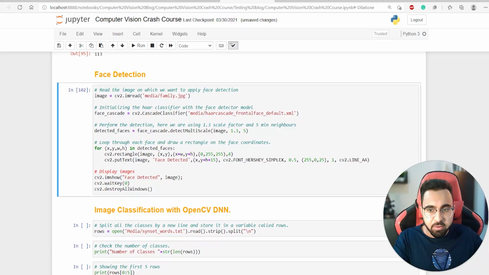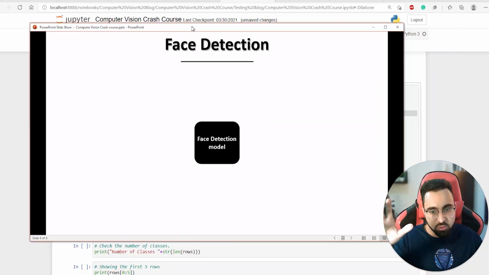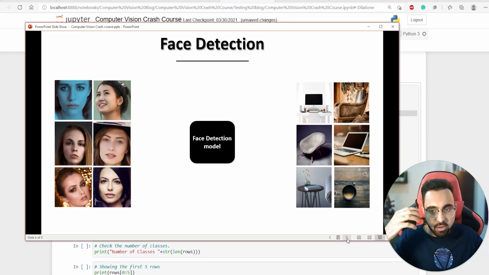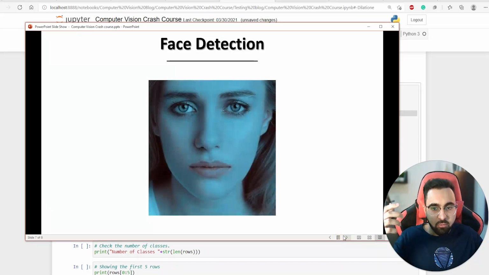Okay, so let me just explain this part. What's happening here? We're using a Haar cascade classifier, and Haar cascade is a machine learning based classifier. Let me give you a brief example of how this works. We use a Haar cascade model, and then we show it a number of face images and a number of non-face images. These are called positive samples, and these are called negative samples. We show this to the model, it trains on it,